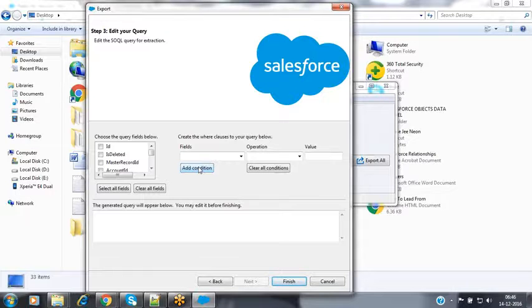Like that, we can specify our own filters also. This is like a select statement. In that select statement, we add some where clause conditions to filter the data. In the same way, here also we can add that.